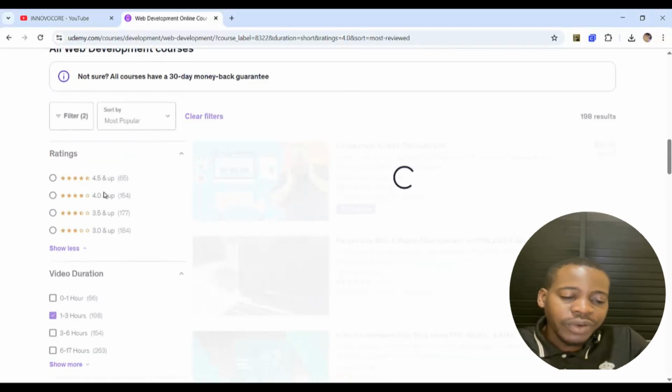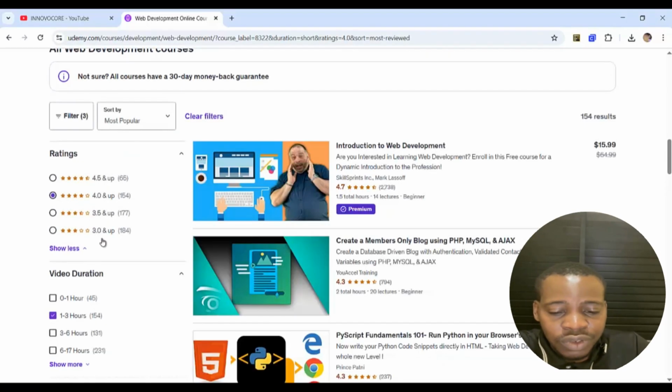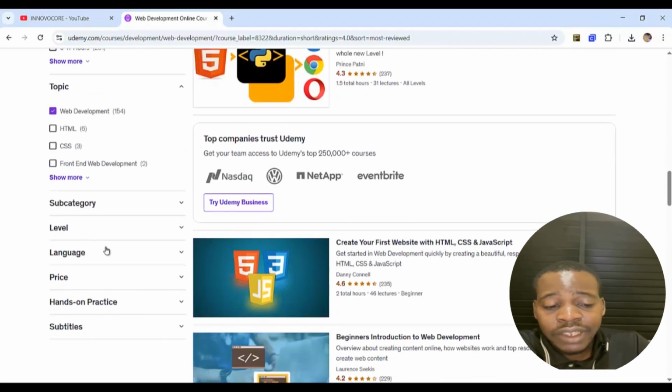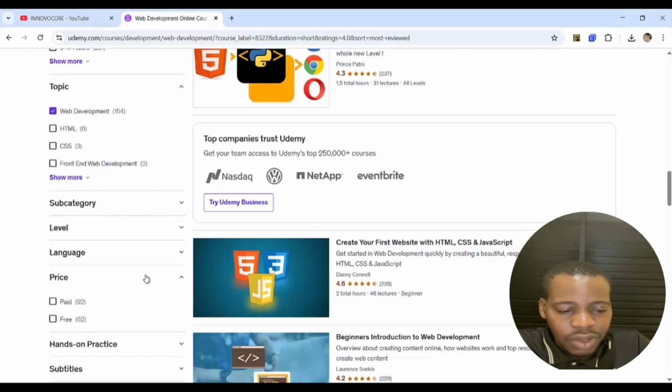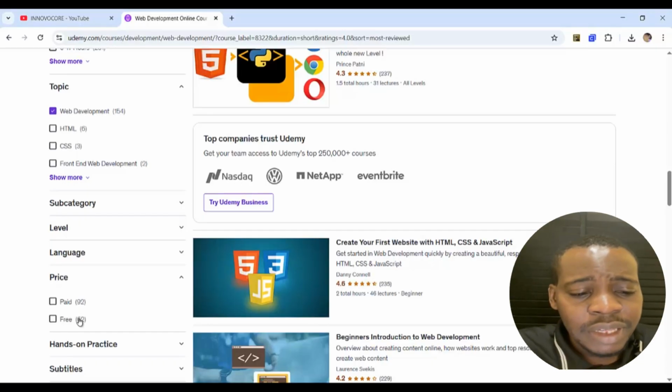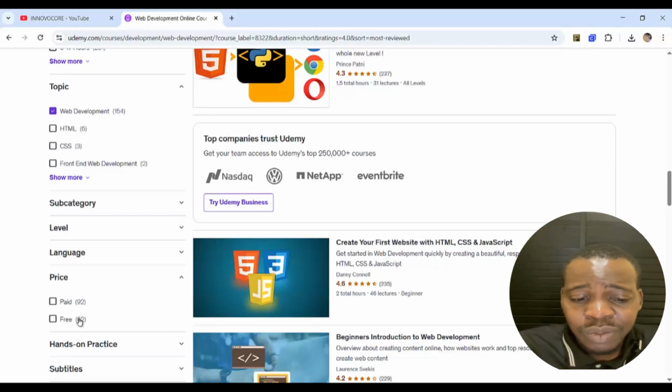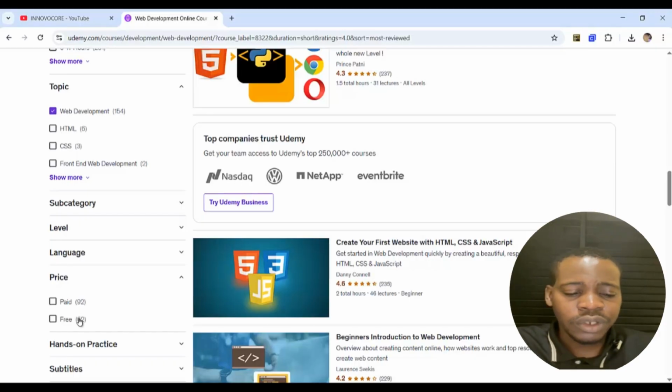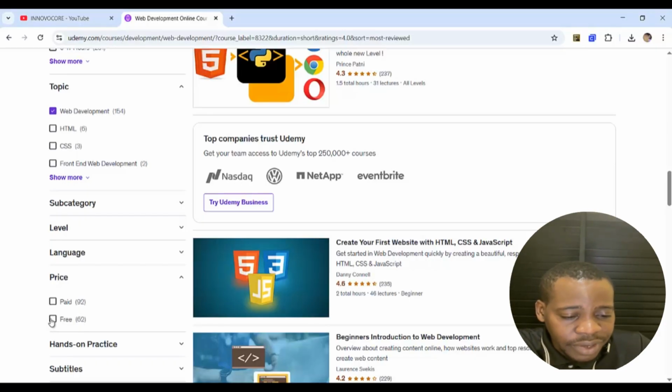So if we're scrolling down, you're seeing a lot of filters here that are going to enable you to get these courses for free. But the main area that we're going to be more concentrated on is this prices here. We're going to click on this prices. You get to see that they have paid courses here and they have free courses here. So it's like you have 62 free courses under web development. Because I ticked on the topic, that's why they filtered what I want. So if I click on this free area,